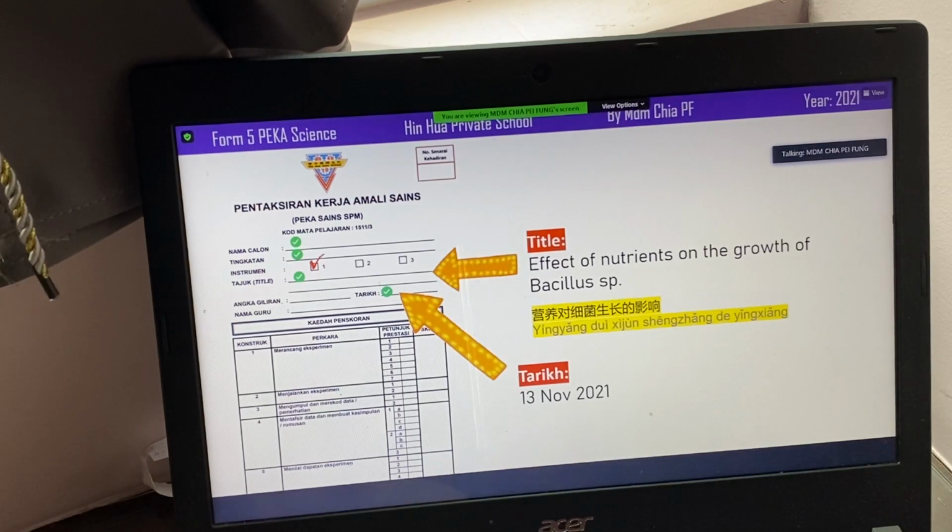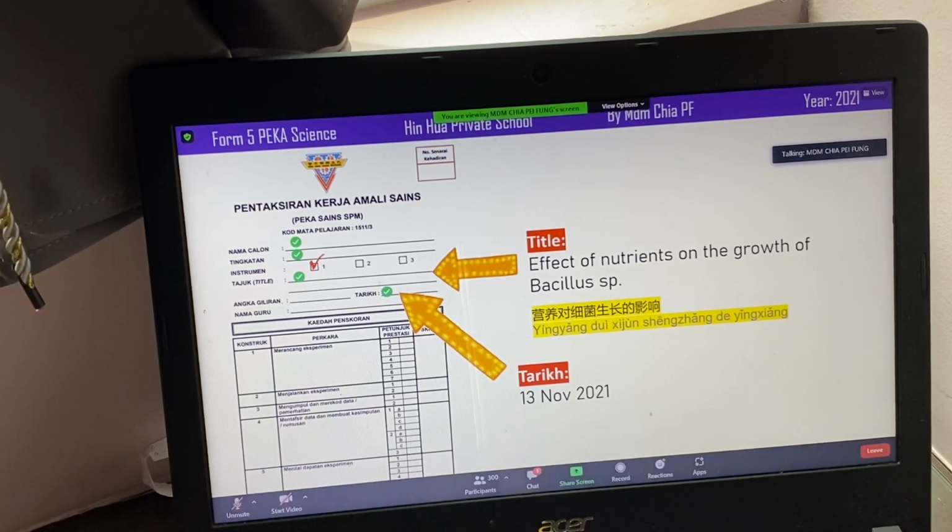And then let us standardize all our dates. Okay, Tarikh, you write 13 November 2021. You have to backdate it. Okay. Angka giliran, if I think you should know, you write your own angka giliran for SPM. Okay. And then nama guru you'll just leave it blank. Leave it blank. 不要写到东西。你们的老师会找名字下去。Okay. So you can see your particular is above. Below the particular, your particular is kaedah pensporan. So the whole table there, you do not do anything on it. Do not write